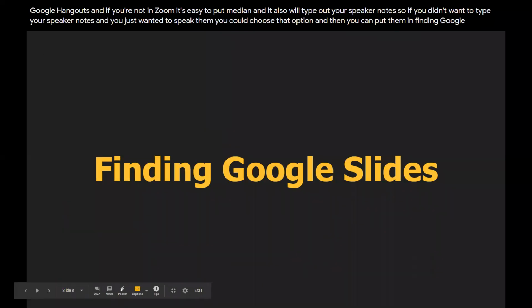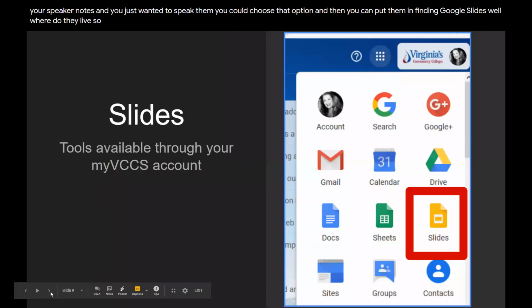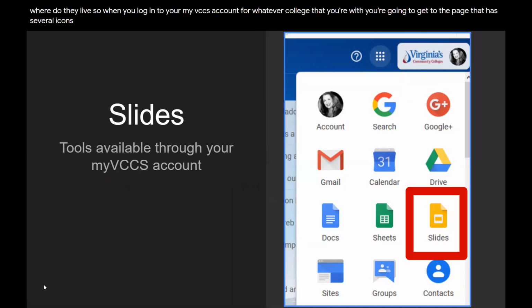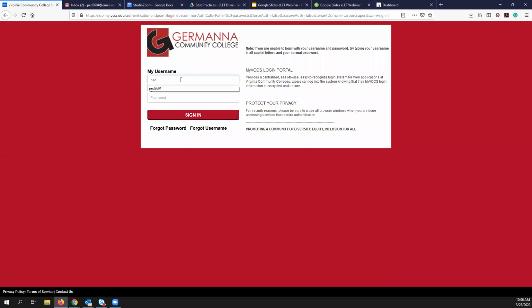Finding Google Slides. Well, where do they live? So when you log into your MyVCCS account for whatever college that you're with, you're going to get to the page that has several icons. Those are the main portal, and I'm going to share my screen with you so you can see what I'm talking about, so we make sure everybody knows. If I log into my GCC and I get into my portal,